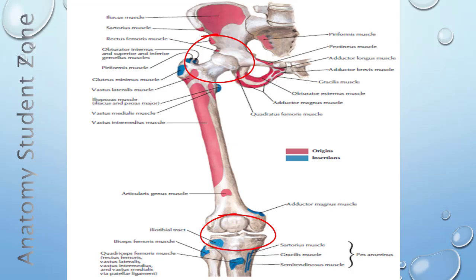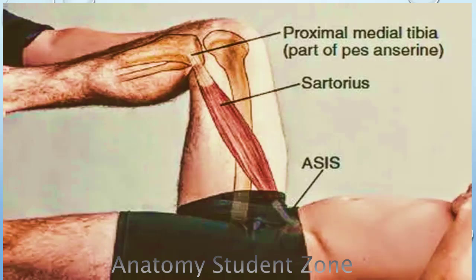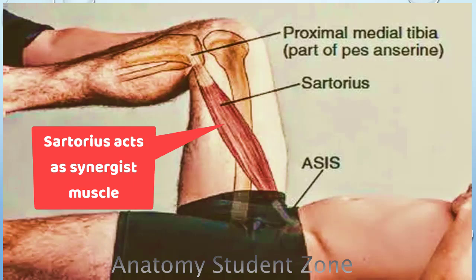So while doing function of this muscle, we will see which movement we will perform on a knee joint, which test we are going to do to test this muscle on a hip joint, because this muscle is going to act on these two joints. Already I have explained this. But please remember another important point, that whatsoever action this muscle is going to do on a hip joint and the knee joint, all its action are weak action. That's why its weak action make this muscle a synergist muscle. So it is going to act as a synergist muscle.